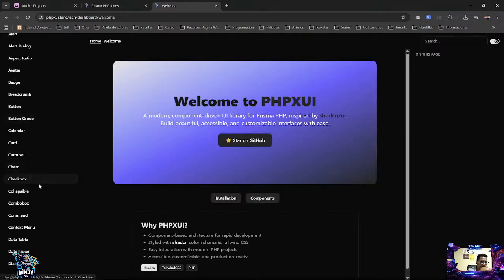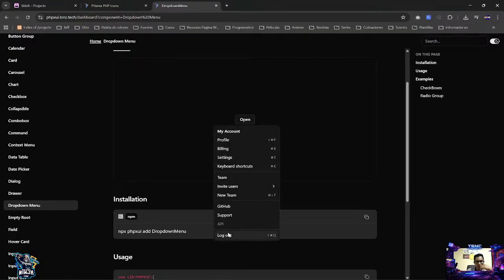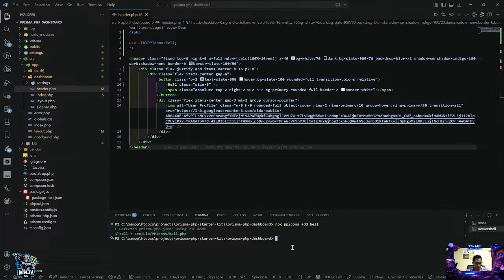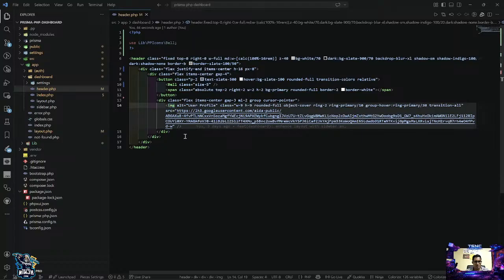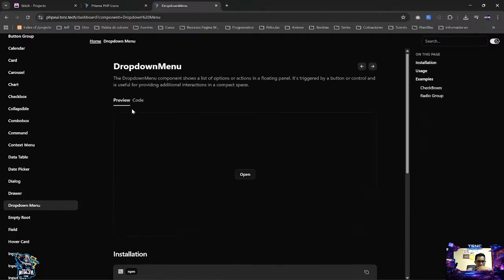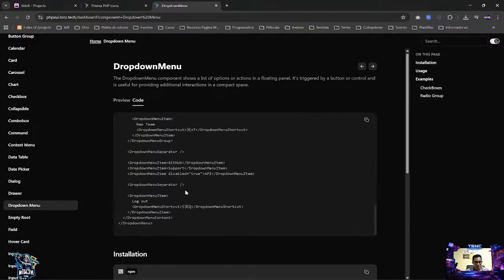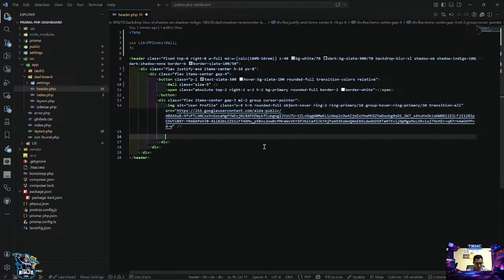So let's say maybe drop down menu, and let's say, okay, there we go. We have drop down menu. I need this. Okay, so I'm going to install this component, paste drop down menu. Now this image, when I click on this image, I want to activate the drop down. So let me see an example in this case. To the code, drop down menu. Let me add this, copy, and then in this section,